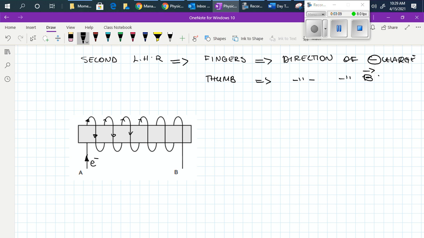Now with your fingers you mimic the direction of the electron, and the thumb is going this way. So that means that this side of the solenoid, because this is a coil, the solenoid, is north,